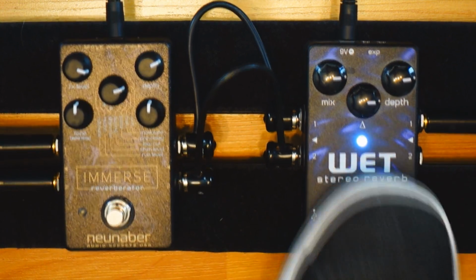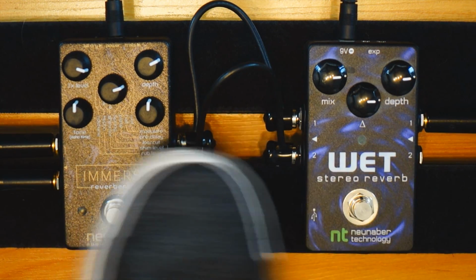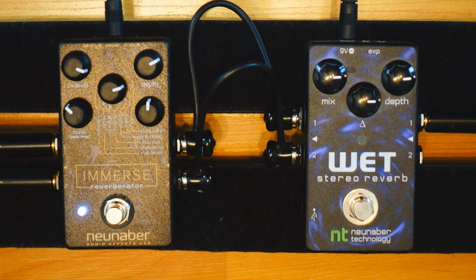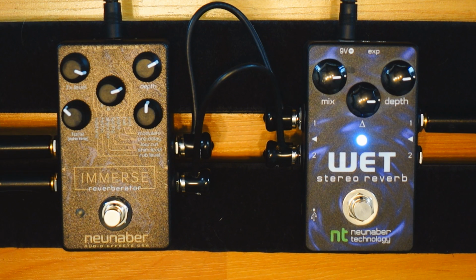Let's compare again. Instantly hear that the Wet is warmer, so maybe with the tone knob on the Immerse we can get the reverb to be warmer. Pretty close. Let's compare again. Yes, it's warmer. There's more bass in the reverb. You probably don't hear it on a cell phone, but I think the Wet is a little bit warmer,